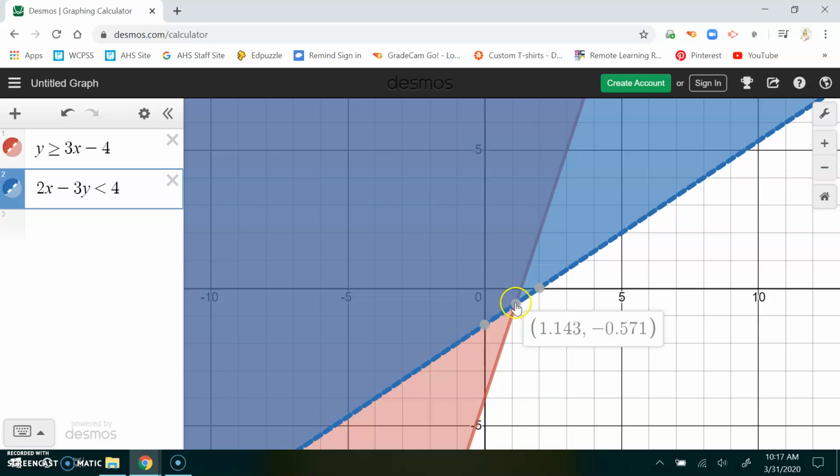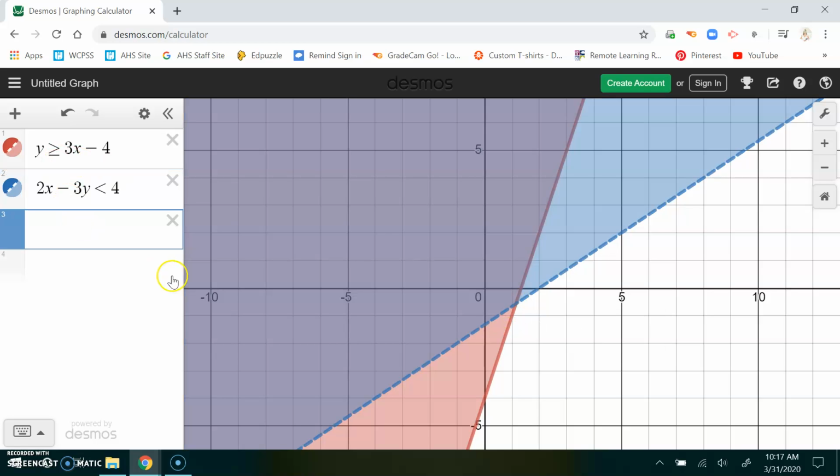So for this particular example, this point of intersection, which isn't even a nice point, is not considered a solution because it's on a dotted line as well as a solid line. So if I want to decide if a point is a solution, like 5, 3, I can plot the point, and I see that it's in the blue area. That means that it's a solution for my second line, but not for my first line, thus not a solution for this particular